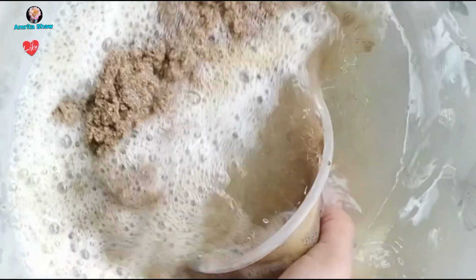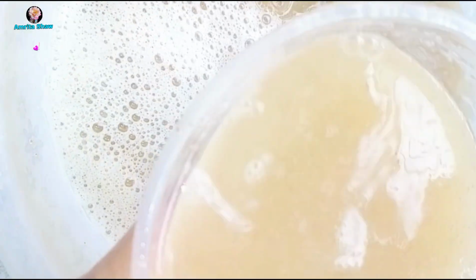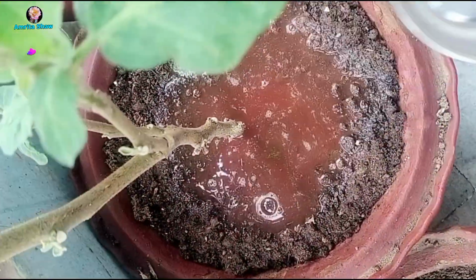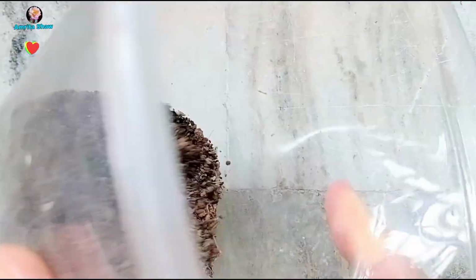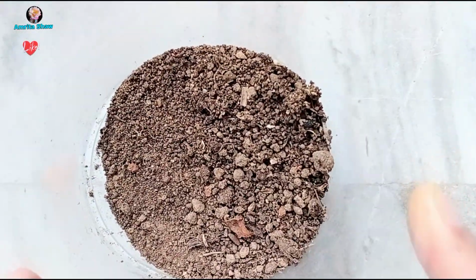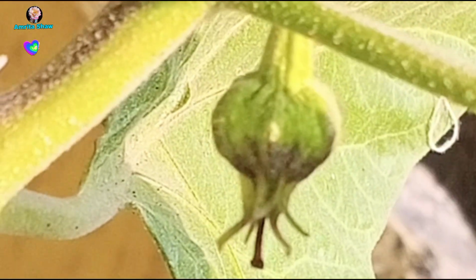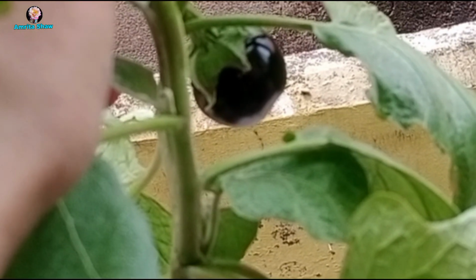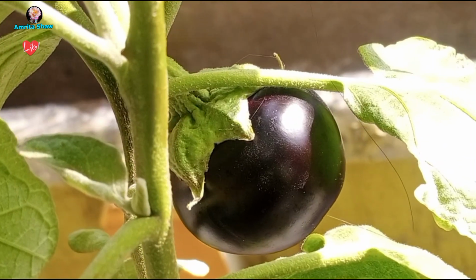And when flowering starts, you have to give it fertilizers like I have given neem cake khali and even homemade compost, even cow dung compost, and also I gave it a little bit of neem cake powder. So once a month you should feed it because these plants are heavy feeders, and you will see that fruiting will start. And they give a lot of brinjals because this plant is a high yielding plant, and once fruiting starts you have to keep on giving it a little bit of fertilizer as you are growing it in small pots. So once in 15 days you can give the fertilizers which I mentioned before, and you will see beautiful